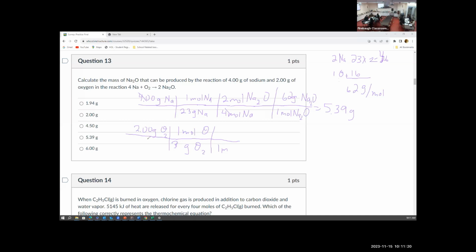Remember that it's diatomic. There we go. Okay, so 2 divided by 32, and then we know for every 1 mole of O2, we end up with 2 moles of sodium oxide. And we know that sodium oxide weighs 62 grams, and that's 1 mole. So if we do the math,